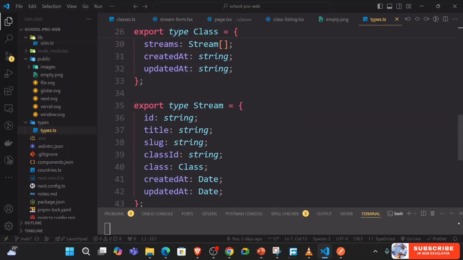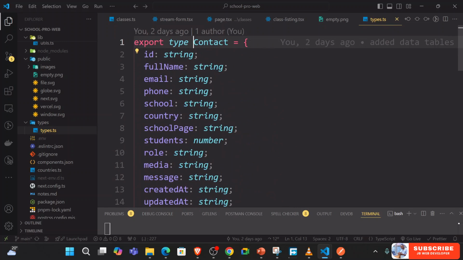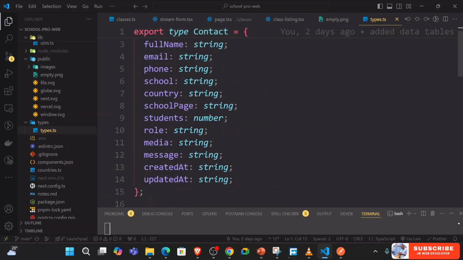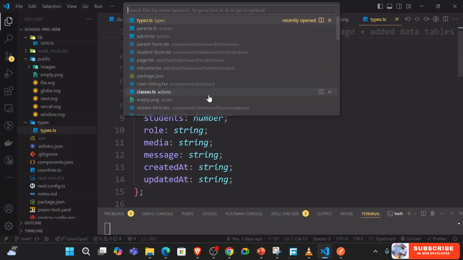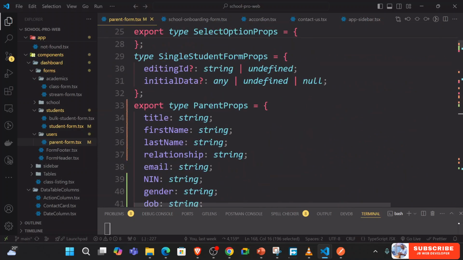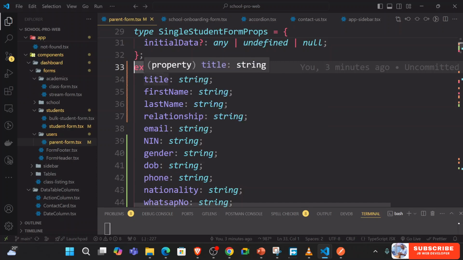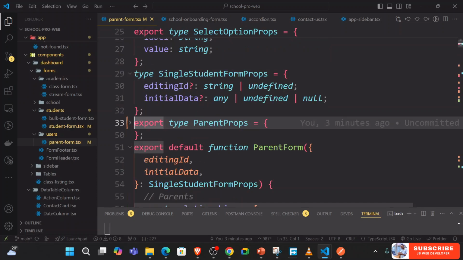So basically what you do is in the types, you would just go and get the types in the parent form. You would just go and get these ones, the create ones. So you could just modify these. So I'm just going to copy this one